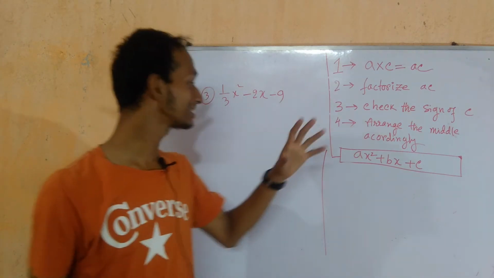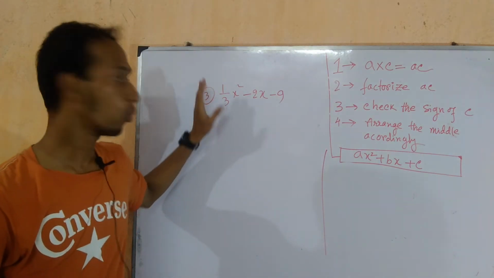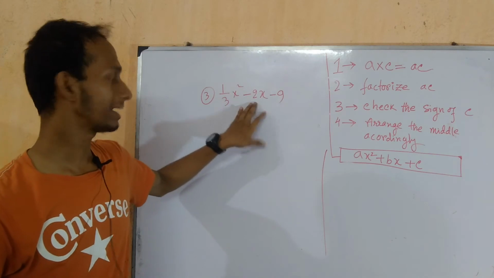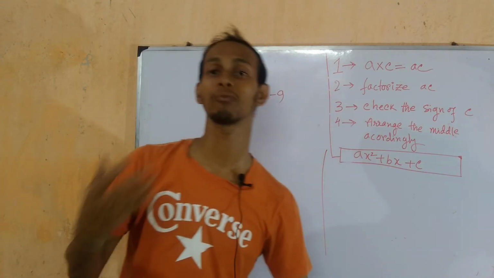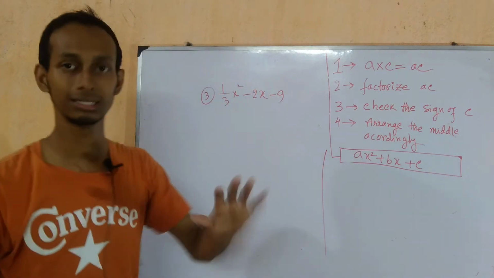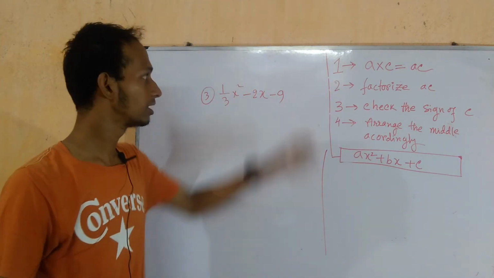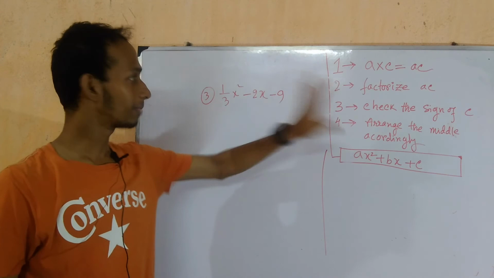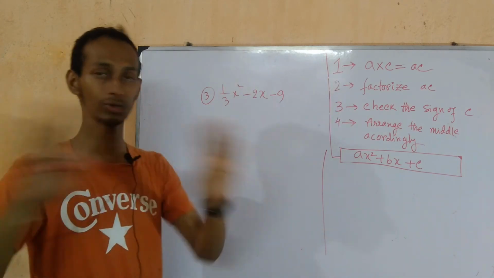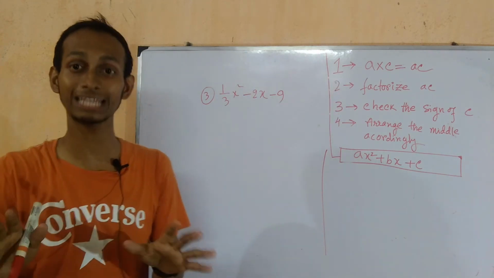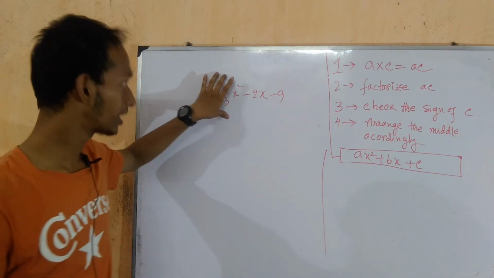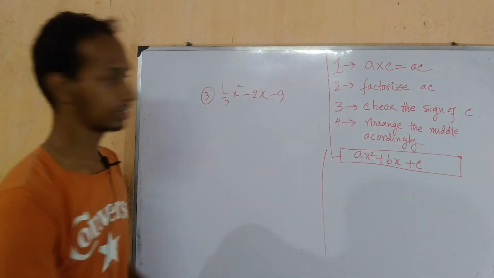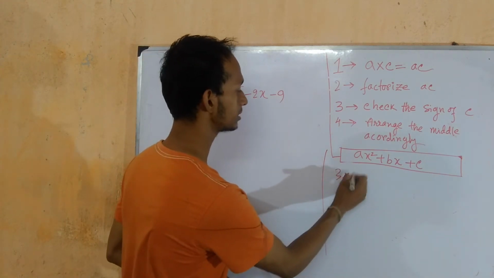So in our list, the next sum is this: 1/3 x square minus 2x minus 9. Now the same steps will be followed and we'll do the sum. Very easy steps. First step, what was that? Multiply a and c, and you will not check the sign at all. So a is here 1/3, c is here 9. So after multiplying